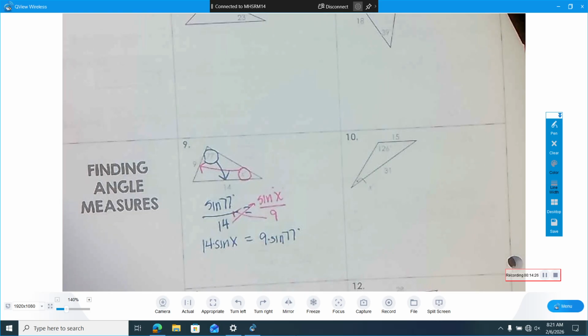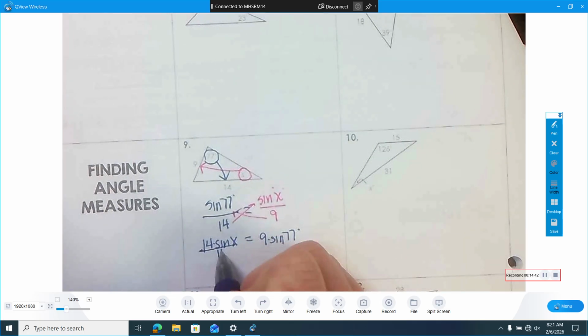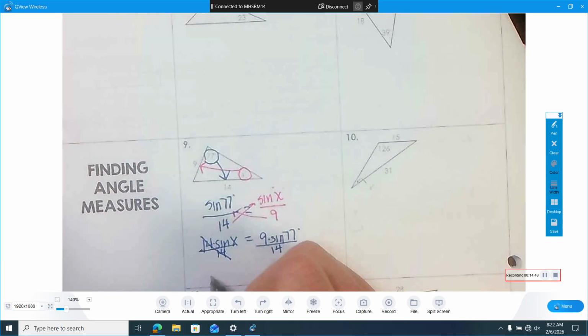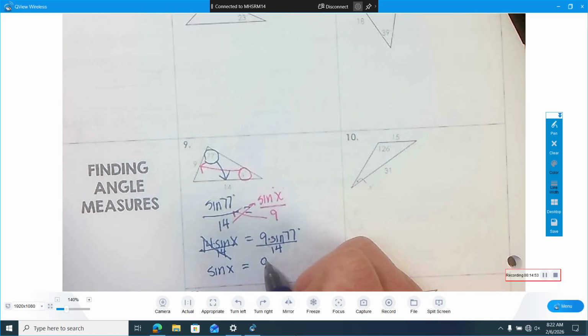What do you think we should do next? I have to divide by something. Yep, that's a good start. We got to get rid of the 14, so we're going to divide by 14. So those 14s go away. And that leaves me with the sine of x equals 9 times the sine of 77 over